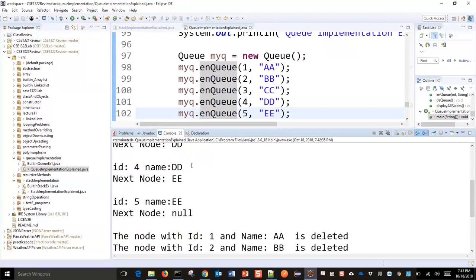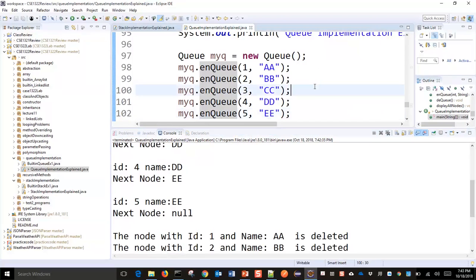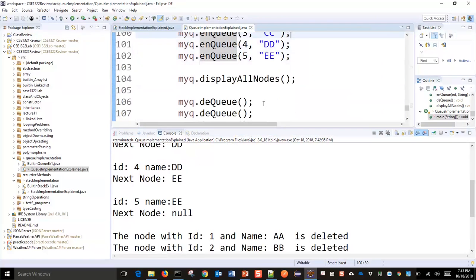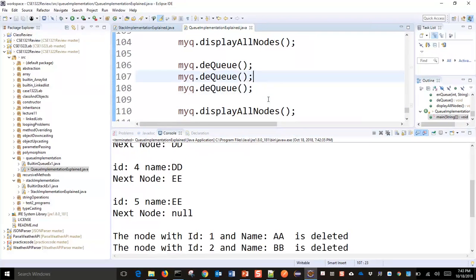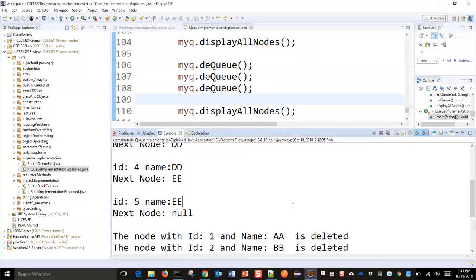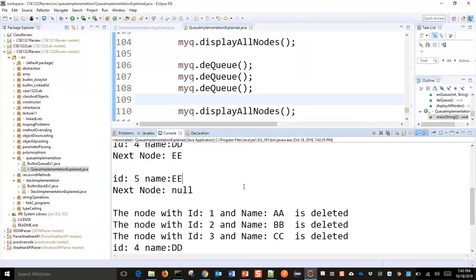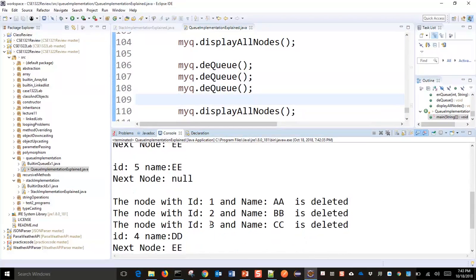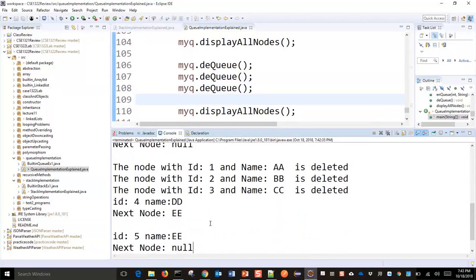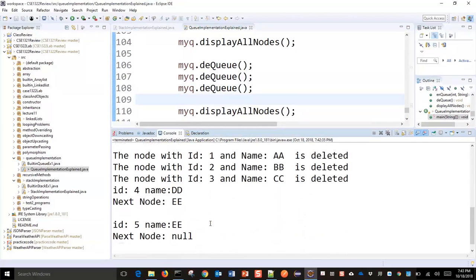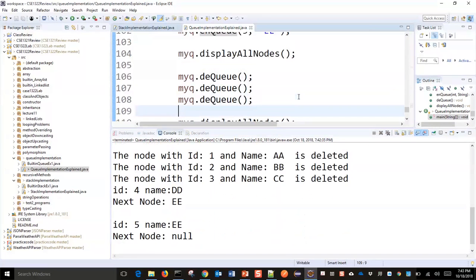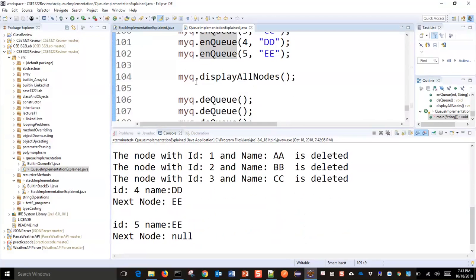And then I have dequeued 3 times: 1, 2, 3. So what will be deleted? 1, 2, and 3 will be deleted, right? And then I will have 4 and 5. The program is okay. The program is running correctly, but